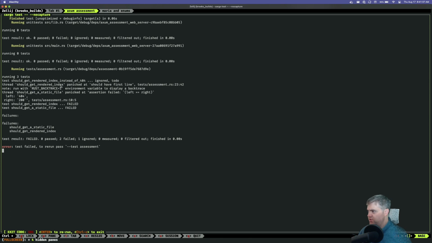Okay, so we ignore this: should get rendered index instead of a 404. Should get rendered index panicked at should have first line. Should get static file got a 404. That's what the problem is. Okay. That's what the problem is. So,